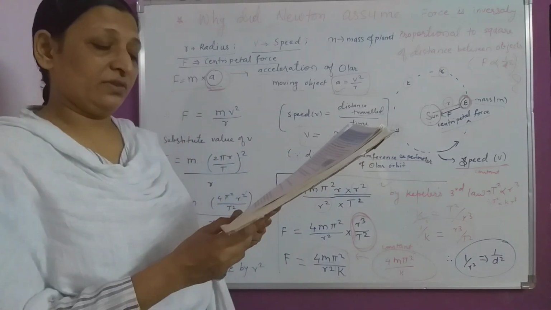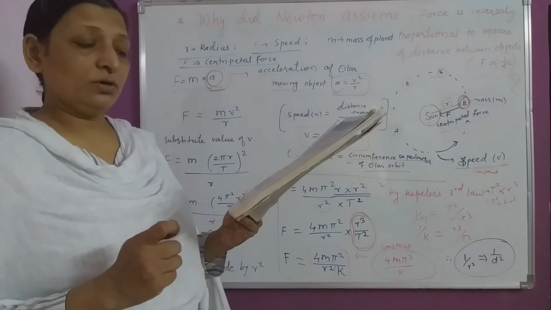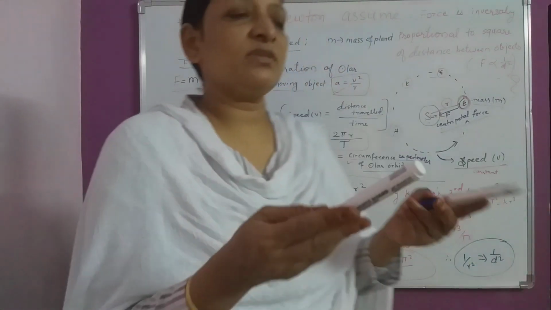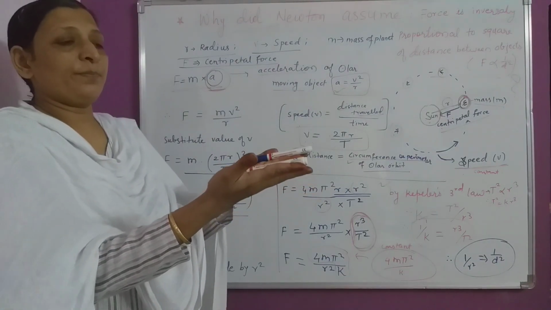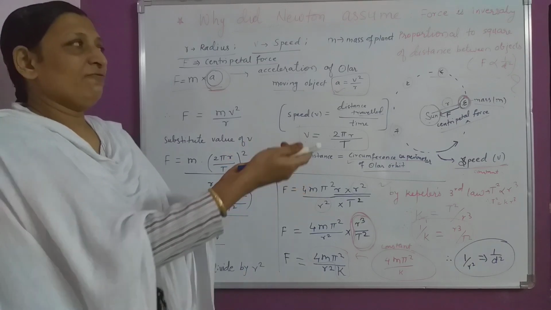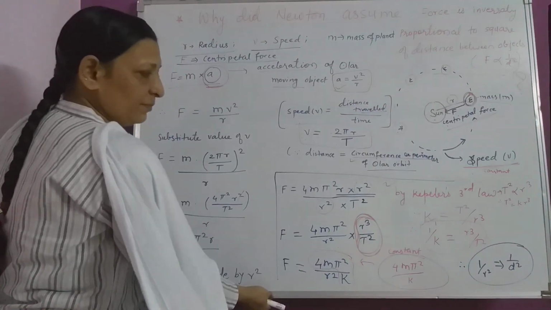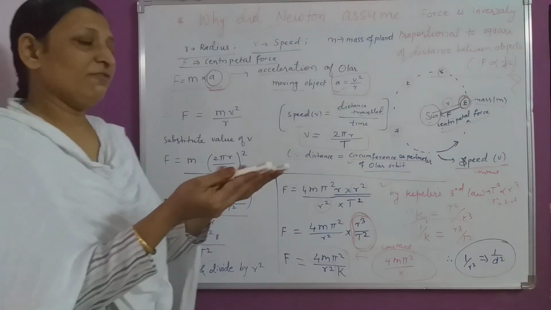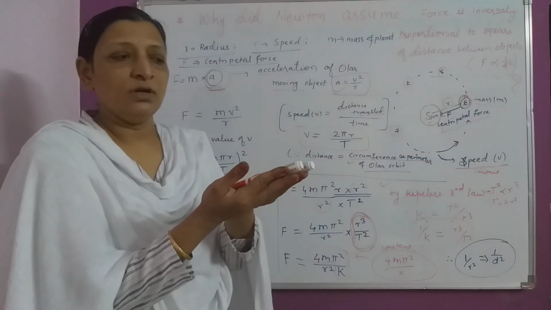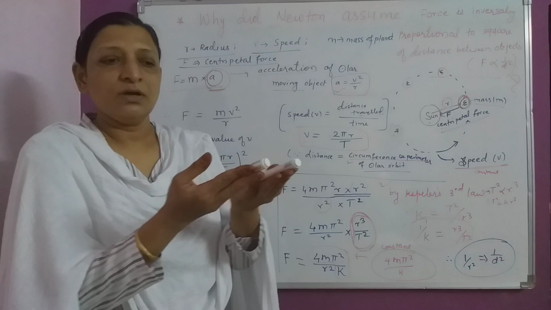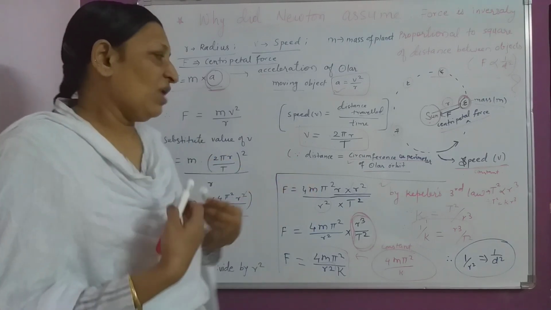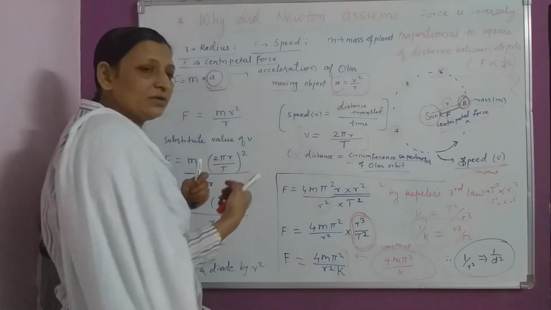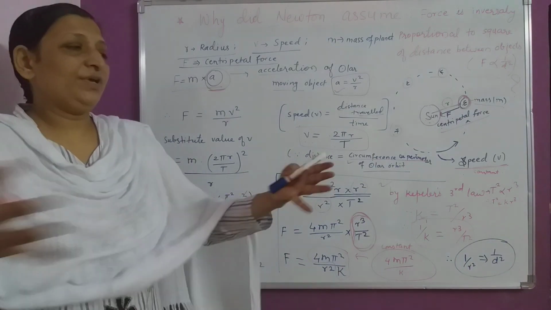Now what they are continuing with here is, if yes, then why don't we get closer to each other? Means, if suppose these two objects are placed here and they are exerting force on each other, and if I apply force on this whiteboard, the whiteboard will move toward me, right? On application of force. So if they both are applying force on each other, why do they not move toward each other? Why am I not moving toward the blackboard? Or you moving toward me, or you moving toward each other?